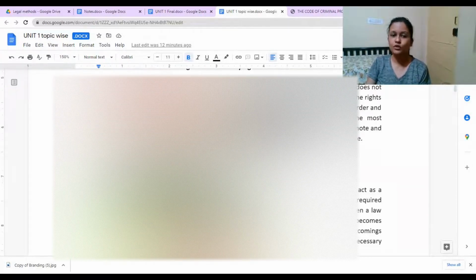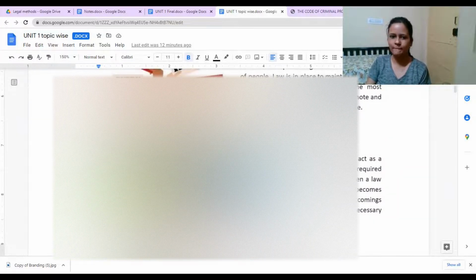Okay, now, a source of development of new laws. From where do laws develop? What are the sources of law? Sources as in from where law is coming. Ma'am, is statute a source of law? Yeah, that is a source of law where law is written, but from where did they get the idea that, okay, let's frame something like this? Ma'am, like the Constituent Assembly formed our laws. So the Constituent Assembly formed the Constitution. What about other laws?